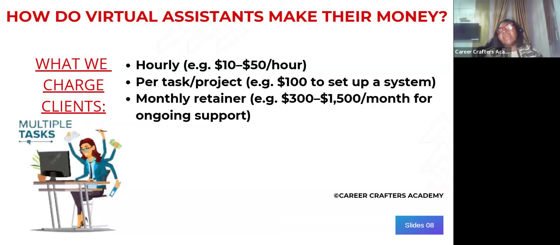But some people charge according to the project. So you tell them what your project is. You tell them, okay, I want you to do this, this, this, and then we can decide to say, okay, for this project, I'll charge you $500, or I'll charge you $1,000, or I'll charge you $100, depending on how bulky the project is. Then we also have monthly retainer. So they could bring you on board and say, okay, we'll be paying you monthly just to help us.